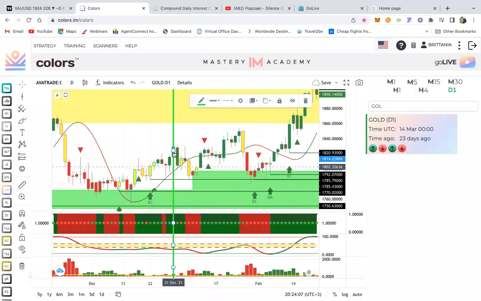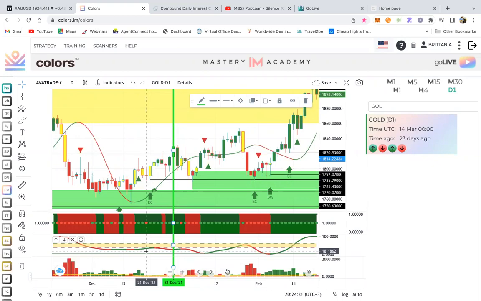Okay, so right here, you would have entered this trade, even though the triangle is over here, it is still valid for the buy, right? So once you get a solid green candle, although you see this green candle right here and this green candle, they did not line up down here, right? So the main aim is to make sure that everything lines up before you go onto your MetaTrader and press buy, right?